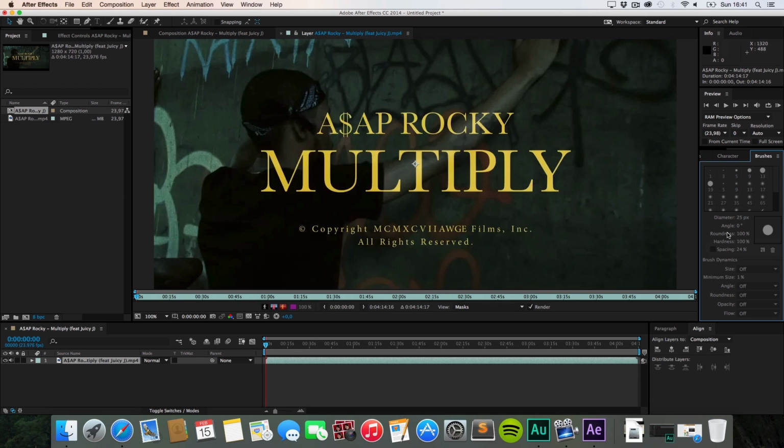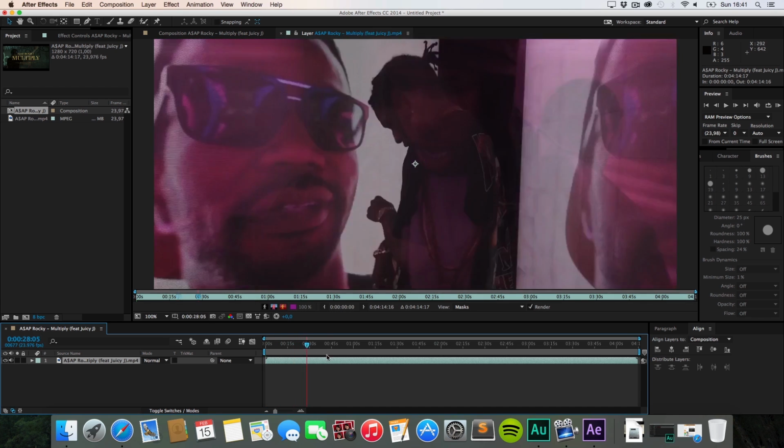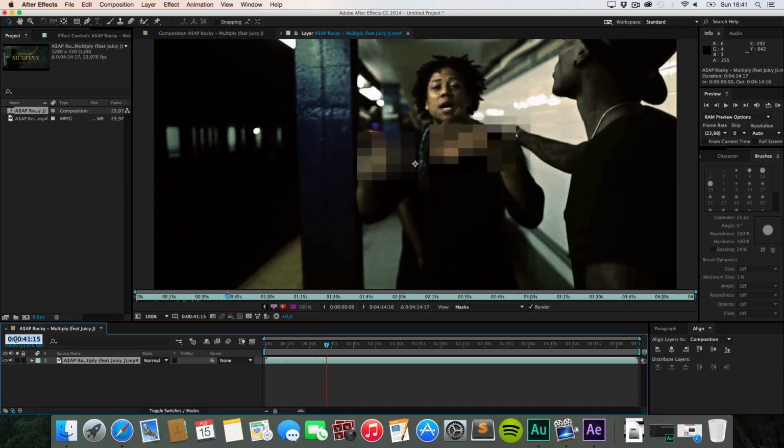That means we need to get our brush tool. And this brush tool is also working like a vector tool actually, because you can edit it later on. It's not pixel based, or it is actually, but you have a lot of options later on to customize it. I'm just going to show you later on, but first let us trim our clip.